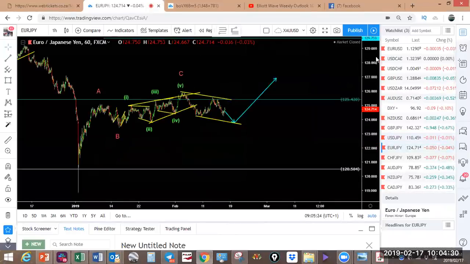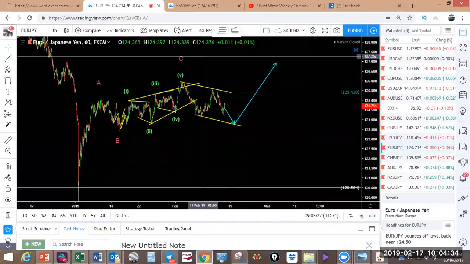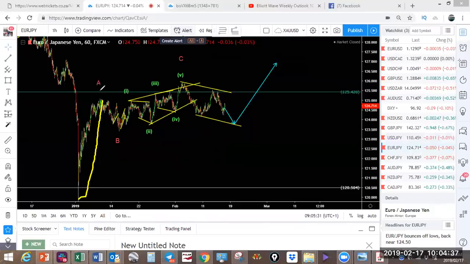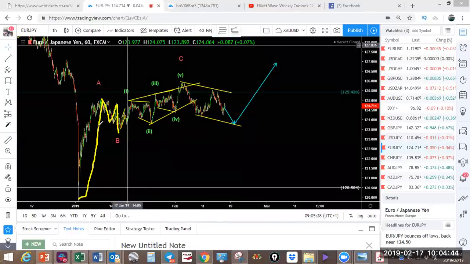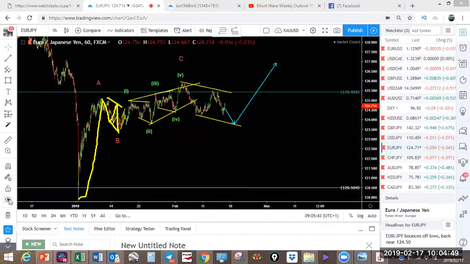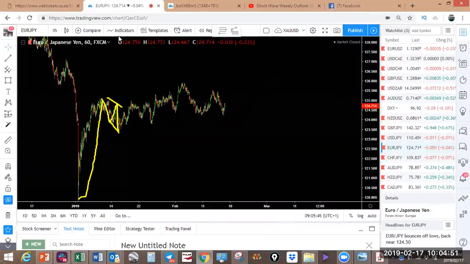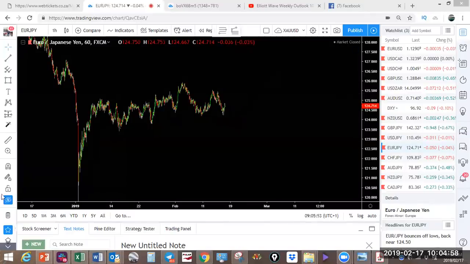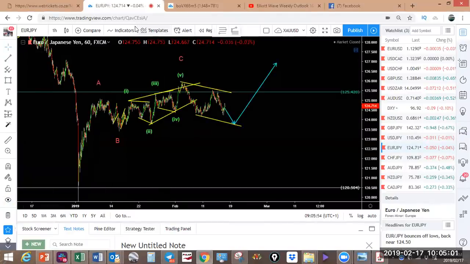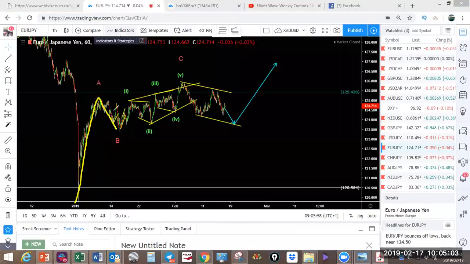Euro yen and CHF yen are very interesting. So look at this one. You've got a pulsing move, a corrective structure, B. Can you see that this one now started on the 10th of January? We could have looked at this one first because this is the one that started this move, the one that we looked at on AUDJPY and US dollar JPY. It made the same move and then pushed higher. Exactly the same thing. Right, so in this case, we're looking at this as a pulsing move, a corrective structure,